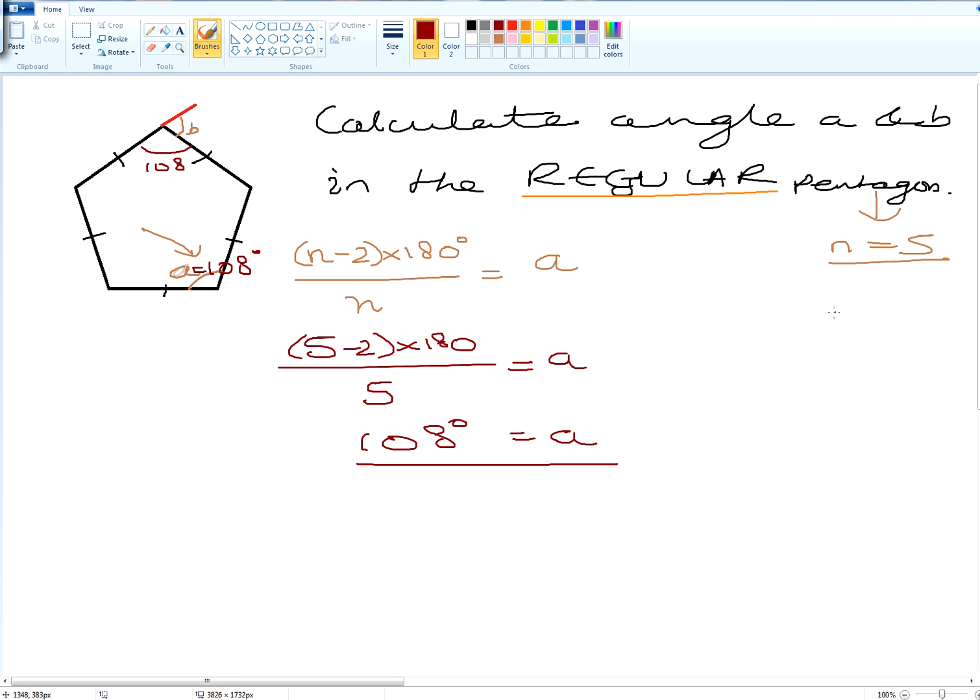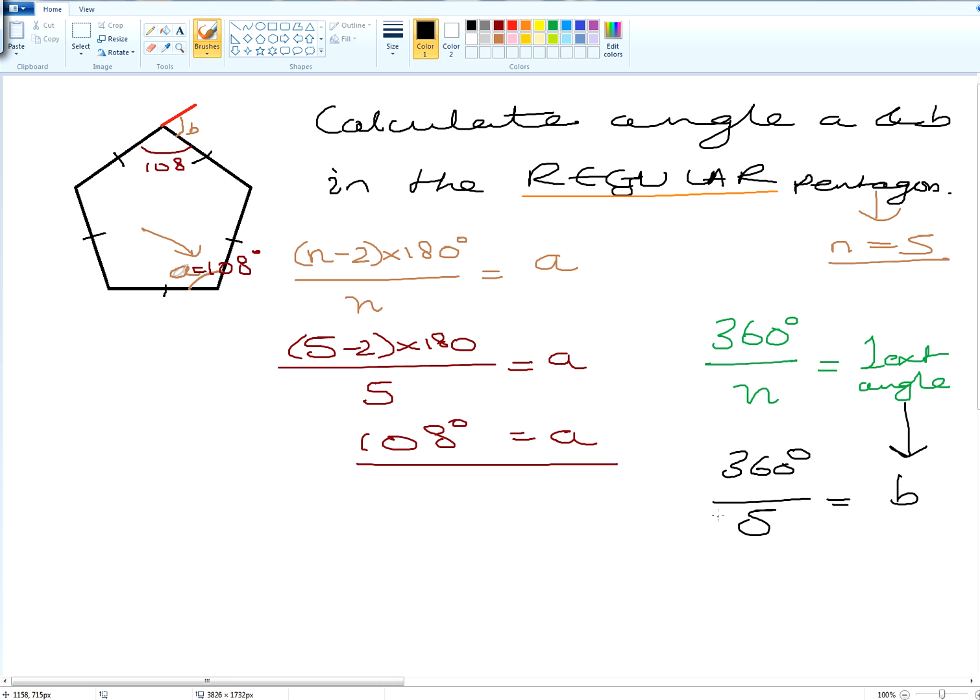what's the other formula for working out the external angle of a regular polygon? We said the formula was equal to the external angle equals 360 degrees divided by n, the number of sides of a regular pentagon, which will give you the one external angle. Remember, it's external angle and not internal angle. That's something completely different, so don't get them confused. So 360 degrees divided by 5 will give you the external angle, which in this scenario is B. So 360 divided by 5 is equal to,